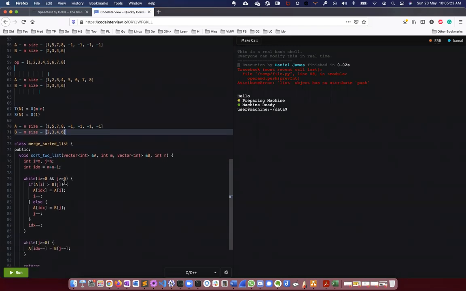Okay. So here, because of the size, I need to consider n-1. So this is the boundary case. I will be 3 here, and j will be 3 here.